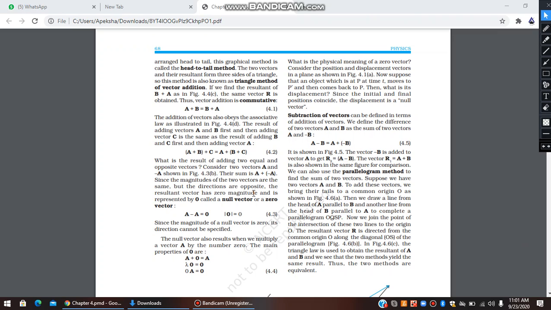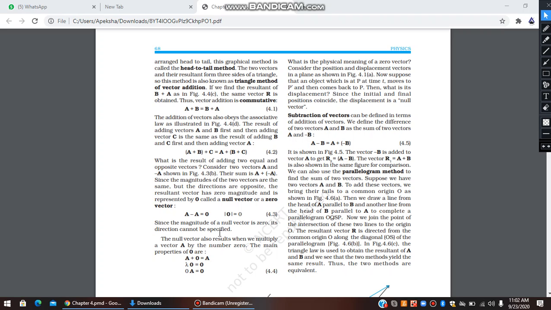So in order to prove that a zero vector or a null vector exists, we take help of subtraction of vectors. So a bar is subtracted from itself. What we are left with is nothing, which is zero. But a vector when subtracted by a vector will always be a vector. So from that perspective, a bar minus a bar has to be a vector which is 0 bar. Obviously, the magnitude of the null vector has to be 0 and the direction cannot be specified. So it's a special case, no doubt, but it still does exist.